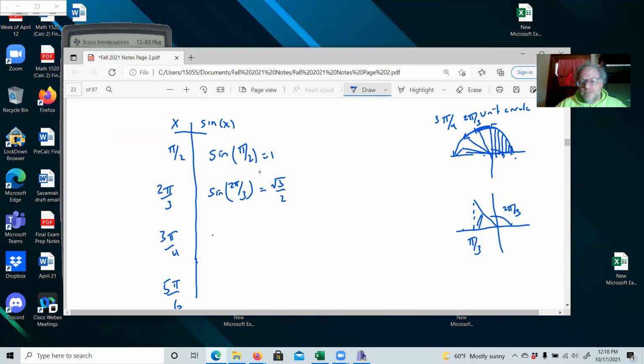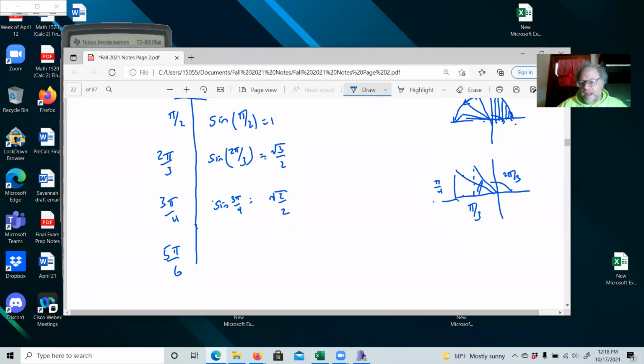Okay, what's the reference angle for 3 pi over 4? Okay, that's here. How much further do we have to go to get to the horizontal? 1 pi over 4, right? So 3 pi over 4 plus 1 pi over 4 will give us 4 pi over 4. That'll be the horizontal. So that is square root of 2 over 2. Okay, and then we have